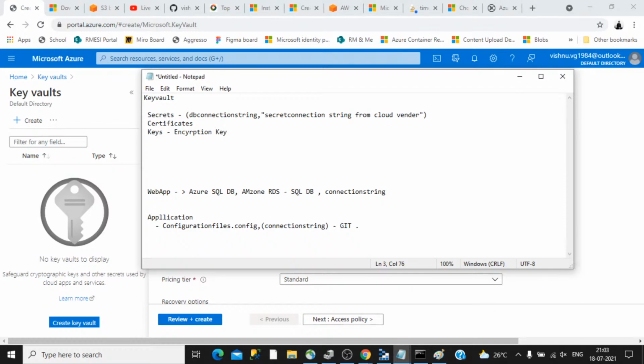This way your Key Vault will be storing the secret.